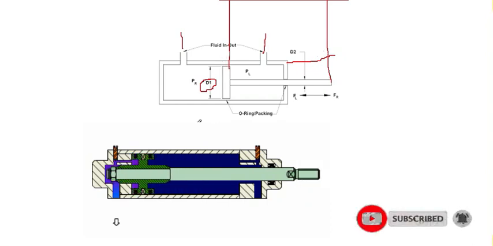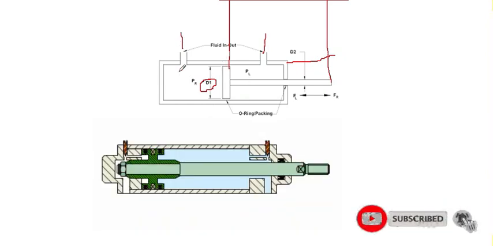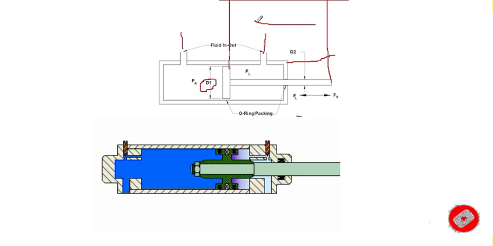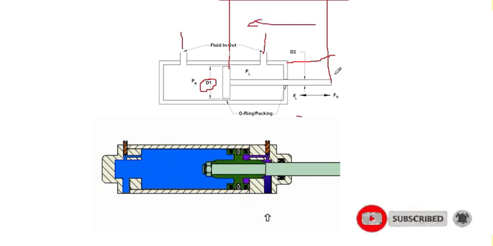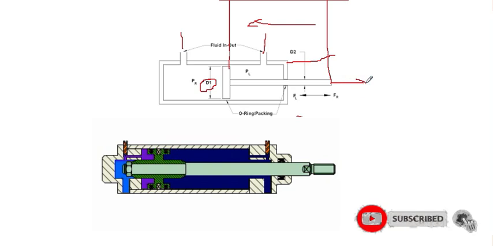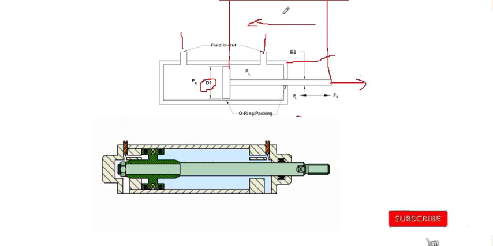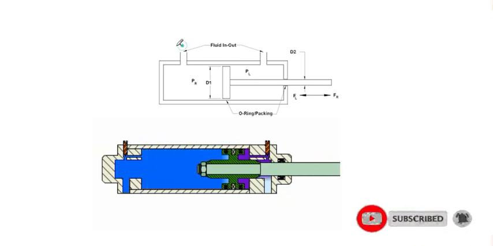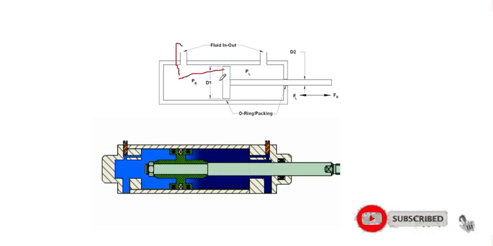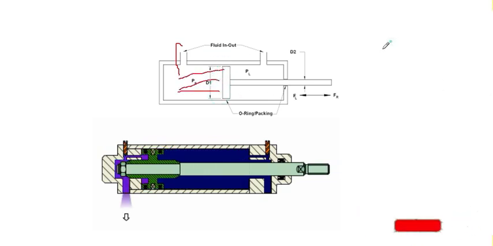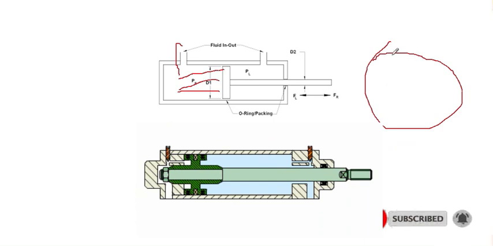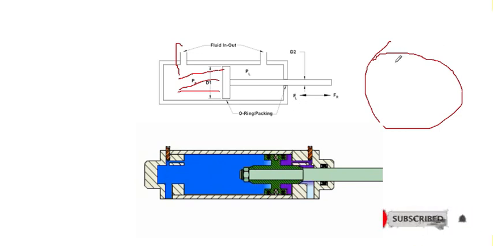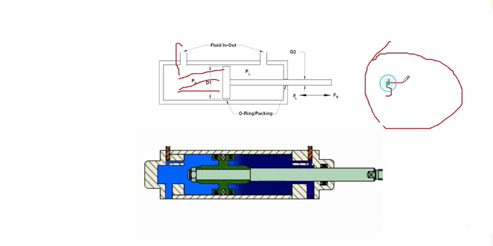And the main thing here is, while forward, this is called forward and this is called the reverse or retract. Thrust force is going to be created while forward. Pull force will be created while retract. I'll just undo it once again. Whenever the fluid enters this inlet, as I said, it will create a pressure on this bore dia. Always calculate the area of the bore dia. If you consider its diameter, you can easily find the area. Assume it's 5 centimeter square.